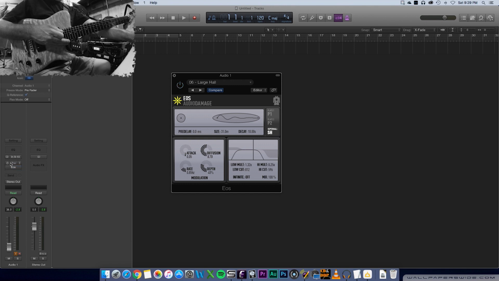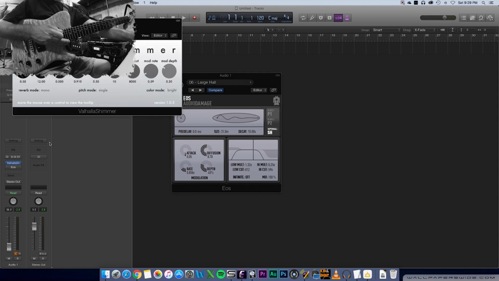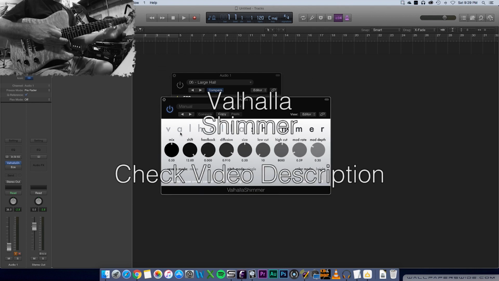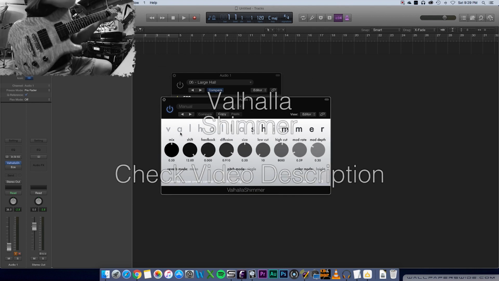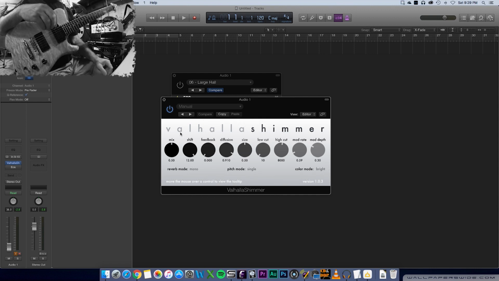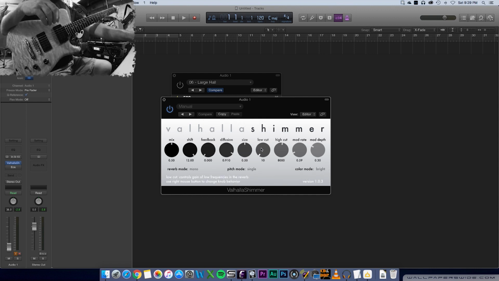Really cool reverb. Now I'd like to show you another reverb that I really love, and that is the Valhalla Shimmer reverb. And so this bears a few similarities to the Eos reverb in the sense that there's low cut and high cut. You kind of see these knobs here. And there's also modulation within the plugin. So you've got the rate and depth. But what's different is that there is a pitch shifter built in. And you can see here that as I move this knob back and forth, the number below refers to the number of